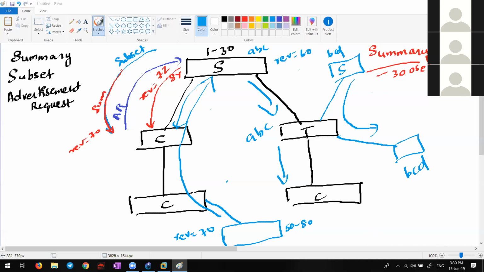A transparent mode switch will never have a revision number. That's what she asked earlier. Also, I told you, if there is any mismatch in the revision number, the server won't send it. The client will send an advertisement request, which will be passed by the transparent switch to the server.